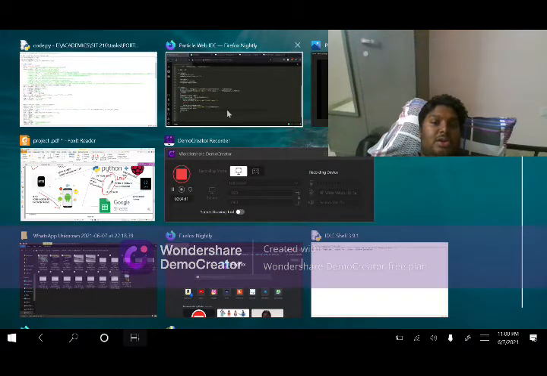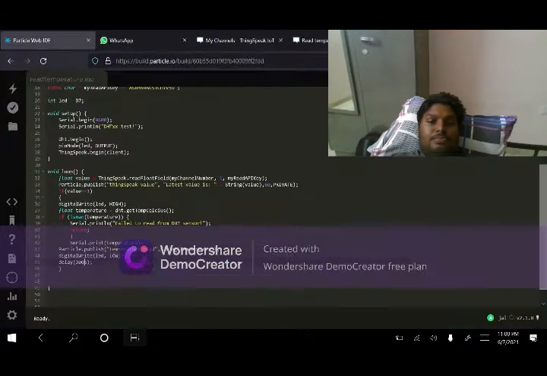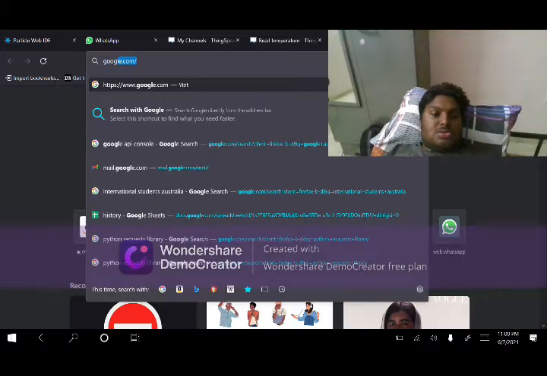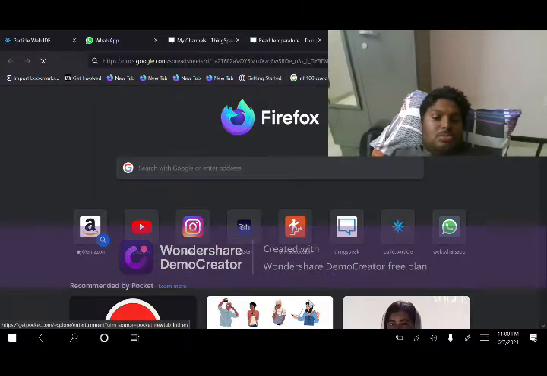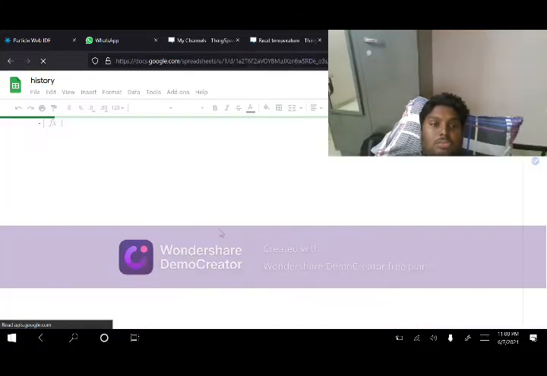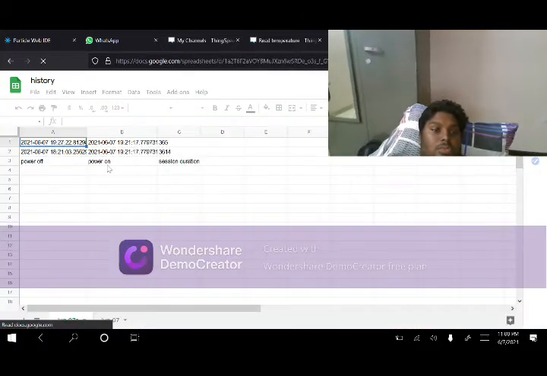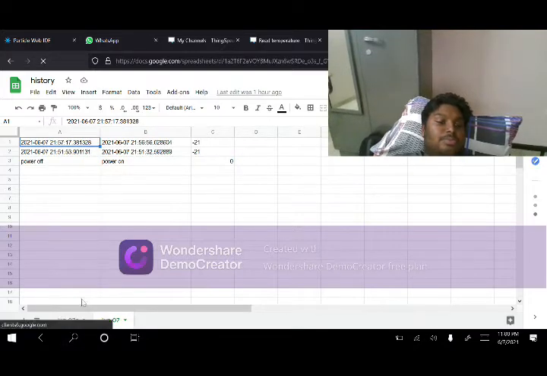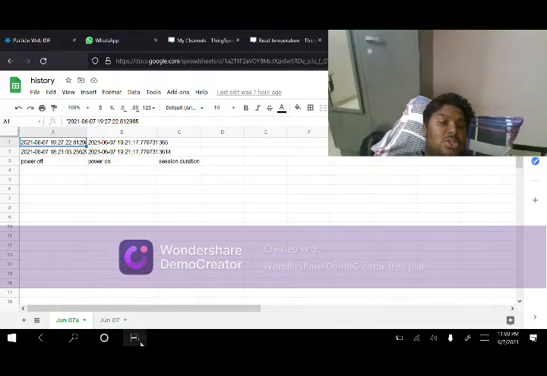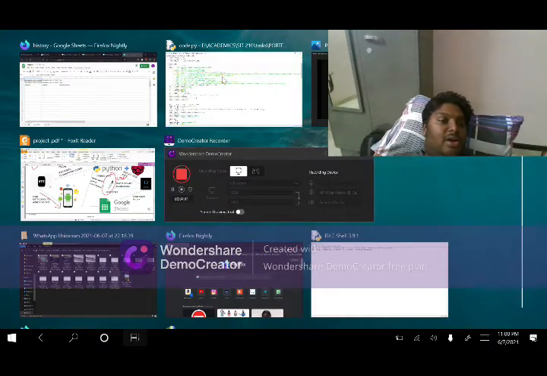I had created a Google spreadsheet over here. Google Sheets. Here you can see June 7, June 7A. So this is how the worksheets are created.